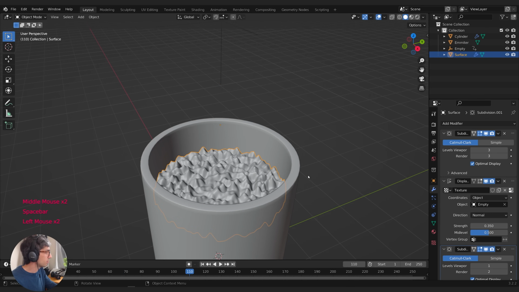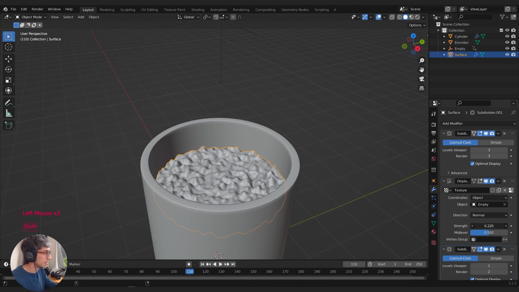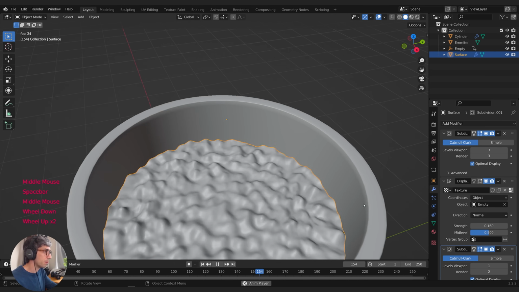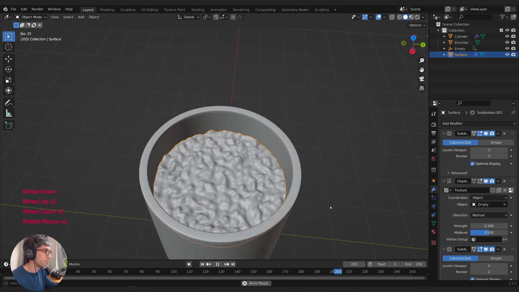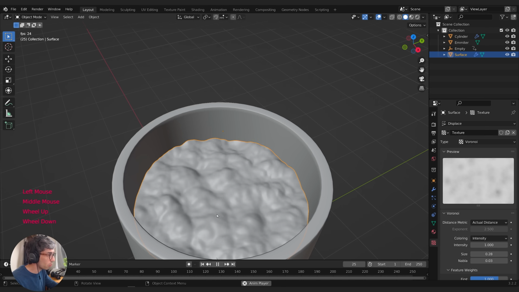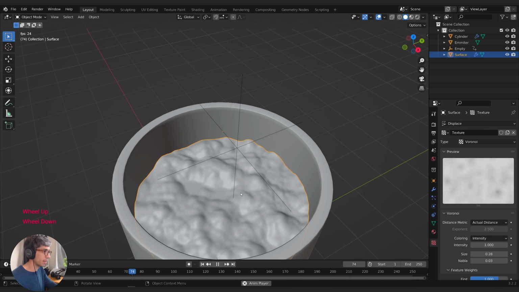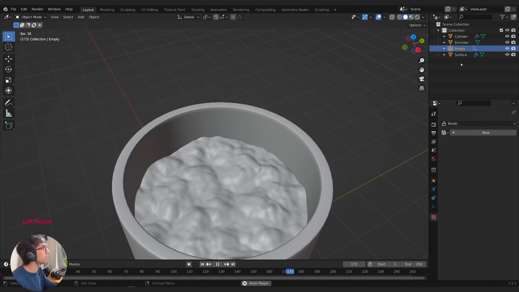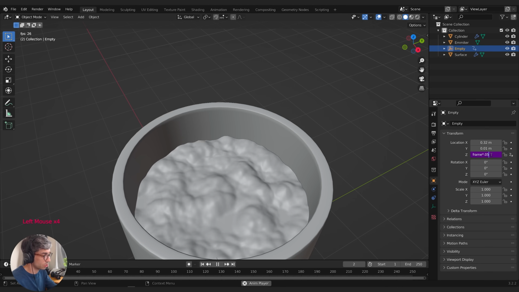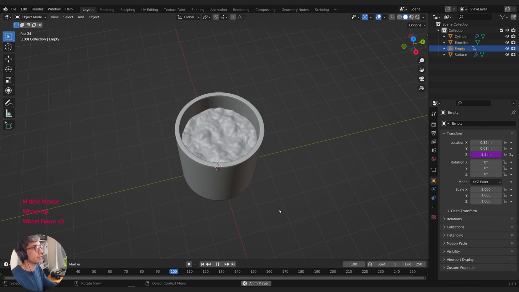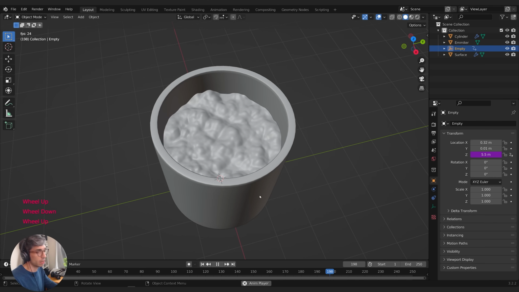Now I'm going to select this. I'm going to just adjust this just a little bit. I feel like it's a little too peaky. That feels a bit better, more like boiling water, I think. As I bring the size down on this Voronoi texture, you can see it actually gets a bit more rounded. I feel like that almost looks more like boiling water. So I like that, but now it feels like it's going too slow. So I'm going to speed up my empty again and just change this back to maybe 0.1. And that actually looks pretty good, I think. I like that a lot. That looks like boiling water. Does that look like boiling water, or do you think? I think it does. Yeah.